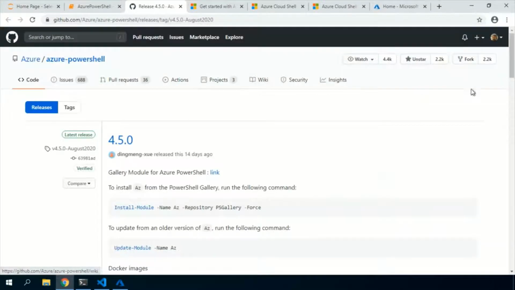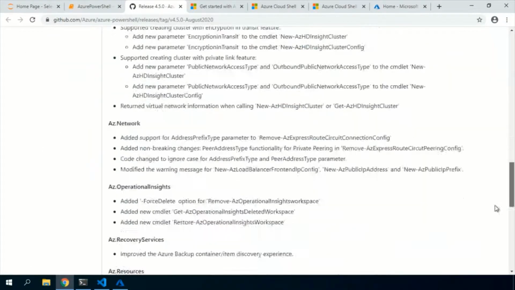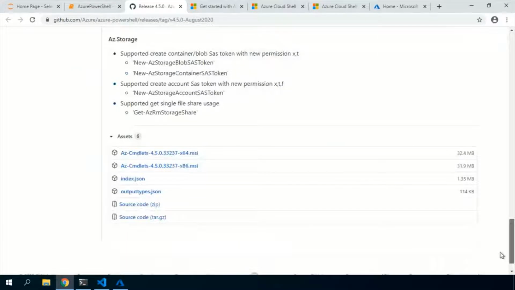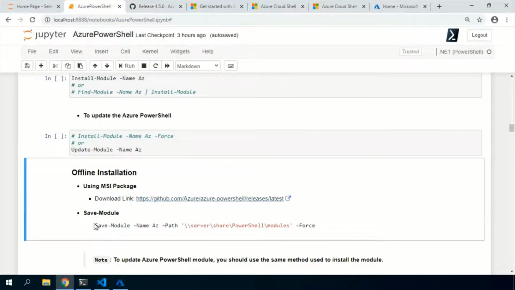You can download the MSI package, copy it to the server where you want to use Azure PowerShell, and install the MSI package there. You can also use Save-Module wherever you have internet access, then copy the saved module to the server where you want to use it and place it in an appropriate module location.